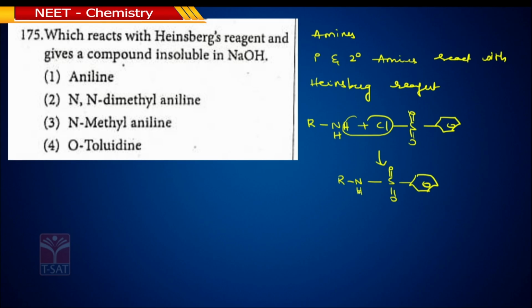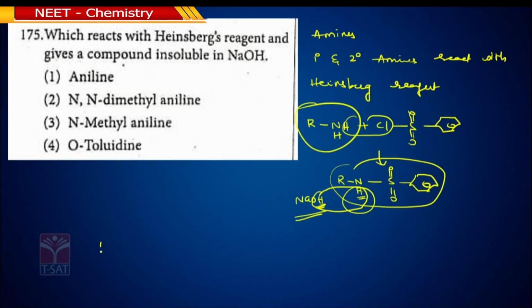But it is soluble in base because one more H is present. This H reacts with OH of base NaOH, and forms H2O. It means the product of this reaction dissolves in NaOH. What is the amine we have taken? Primary. But if you take secondary amine,